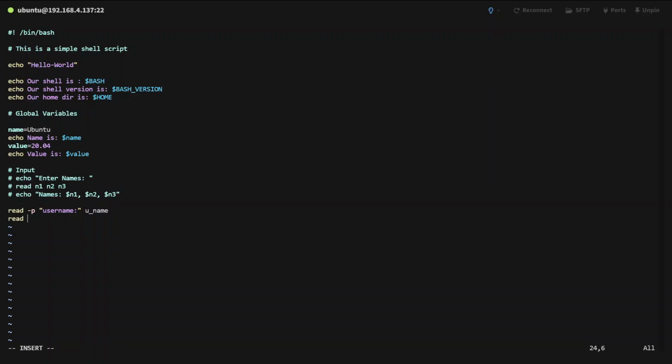So read -s along with p. In order to take the input in the same line, we'll be using password, and let's assume it as pass, echo for printing a blank line, and we can